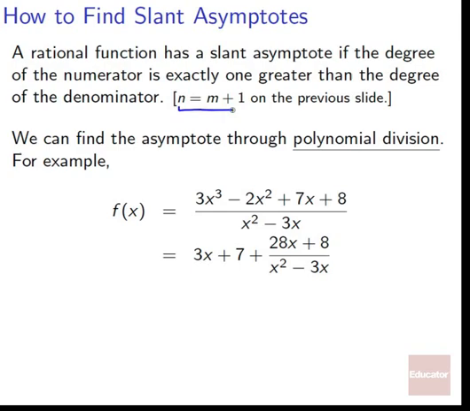So in the terms we were using before, where n was the numerator's degree and m was the denominator's degree, it'd be n equals m plus 1. We can find the asymptote through polynomial division. For example, if we have 3x cubed minus 2x squared plus 7x plus 8 over x squared minus 3x,